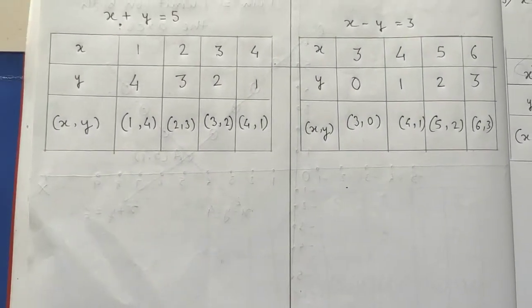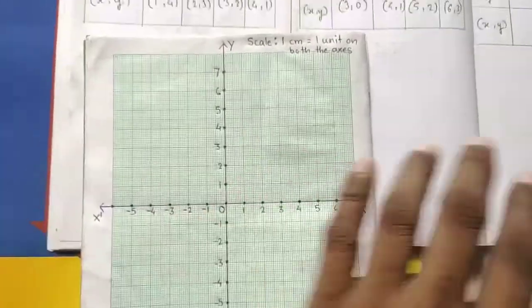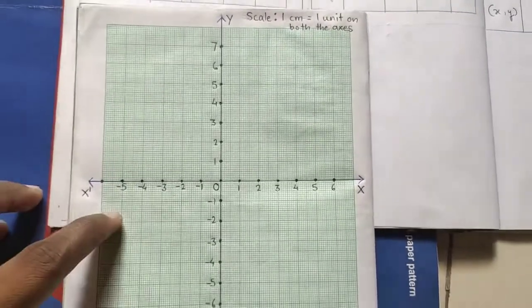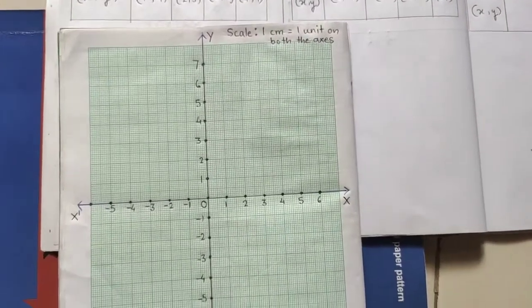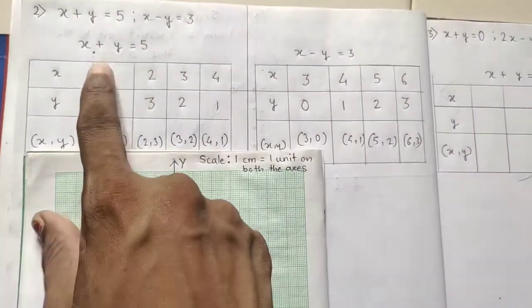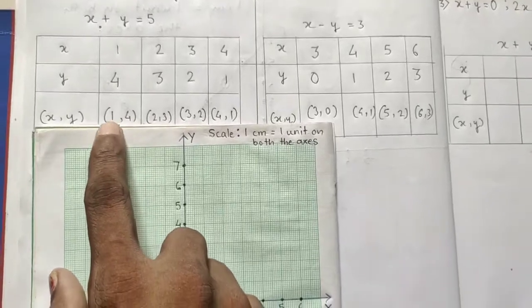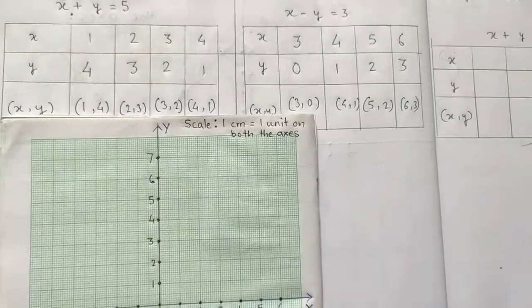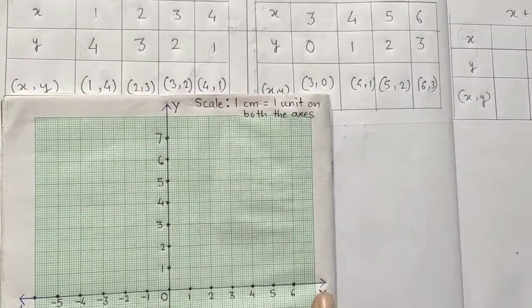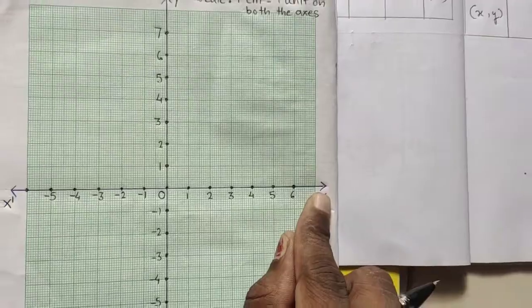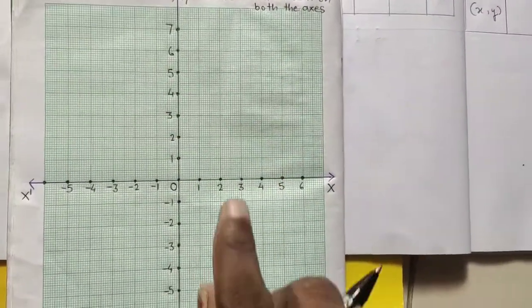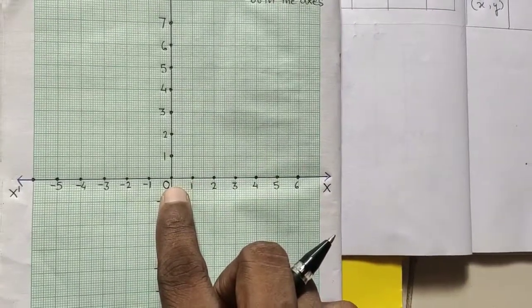So already I have made the graph, you can see here. Okay, now what we will do, we will plot these points and represent them on the graph paper. Okay, so let us go one by one. My first one is x plus y equal to 5 and see the values. First value is what? 1 comma 4. Now what is 1 comma 4? See here, 1 comma 4 means what? See, first study the graph. This is your x-axis, this is your y-axis,